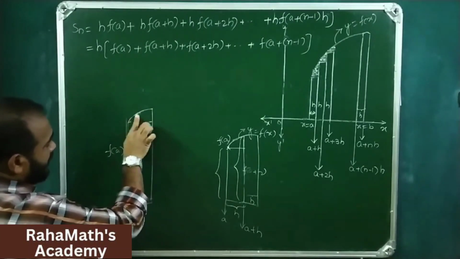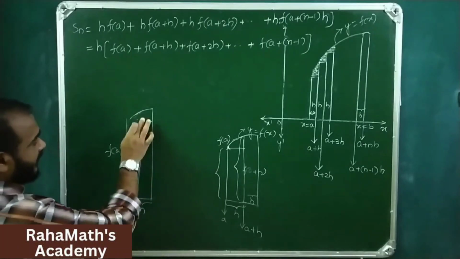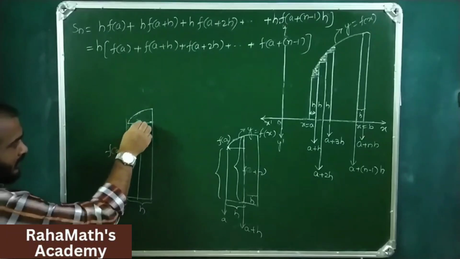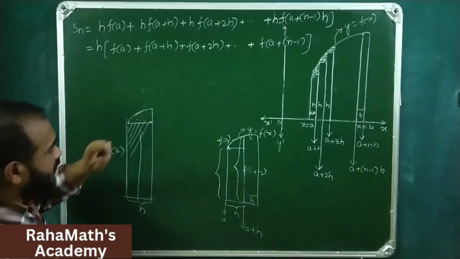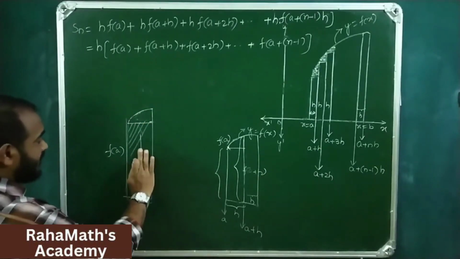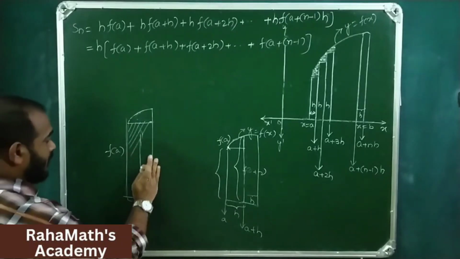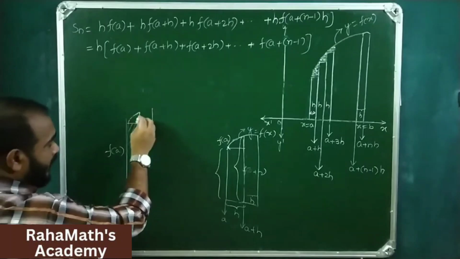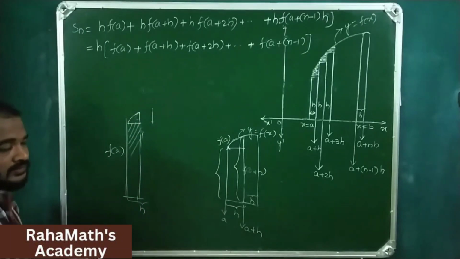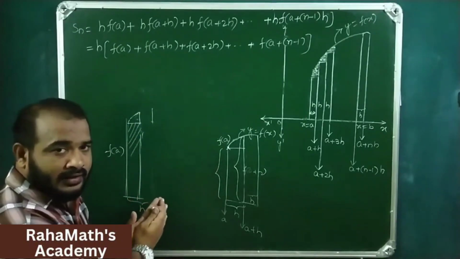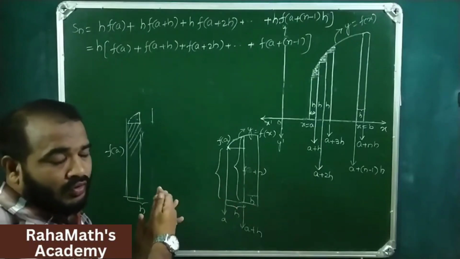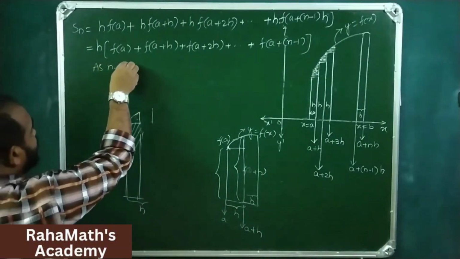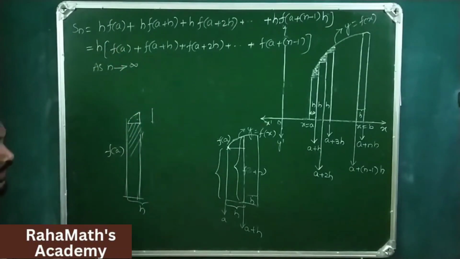Earlier, if h is this, then this much of the area we are getting, and this much of it is missed. If I try to reduce this h like this, then only compared to earlier, this is missing out. That means if I take a maximum infinite number of rectangles, that is as n tends to infinity, that is